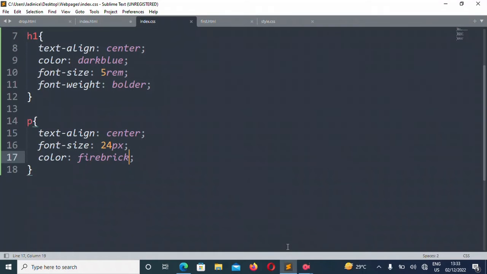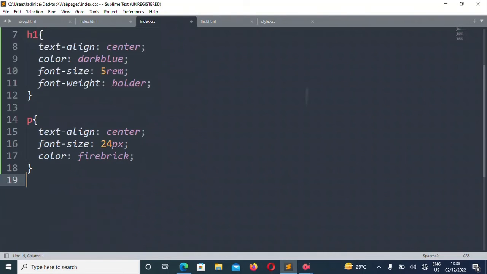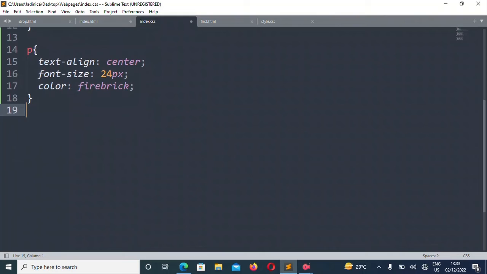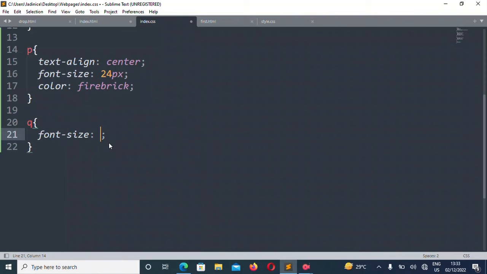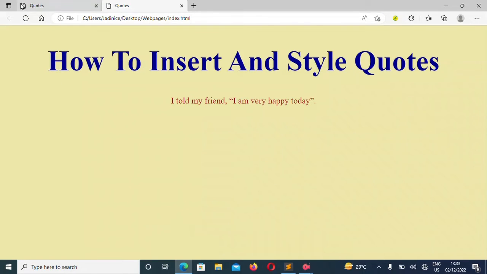Okay, now finally, after all we've styled, we can now style the quotes. We can make the font size to be 1.5 rem, and once we refresh, it becomes even bigger than the "I told my friend" in the paragraph.